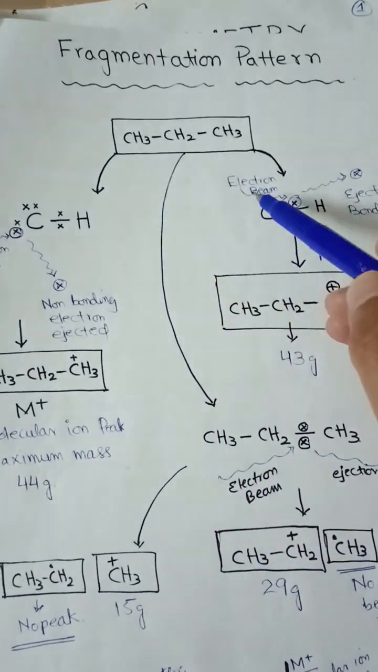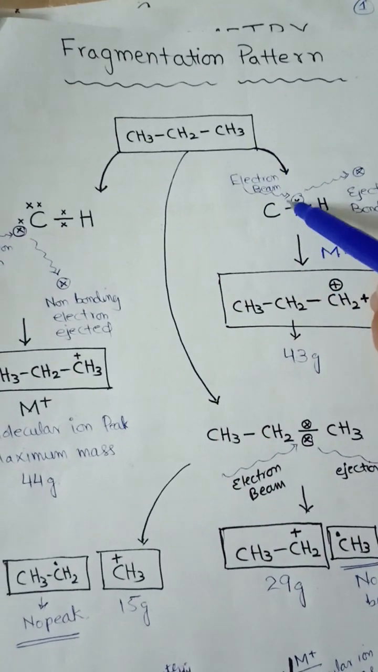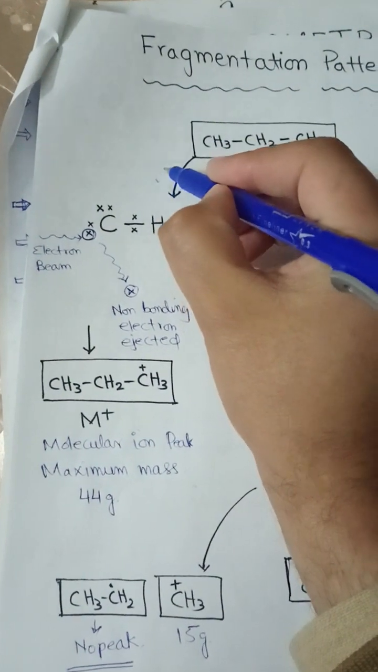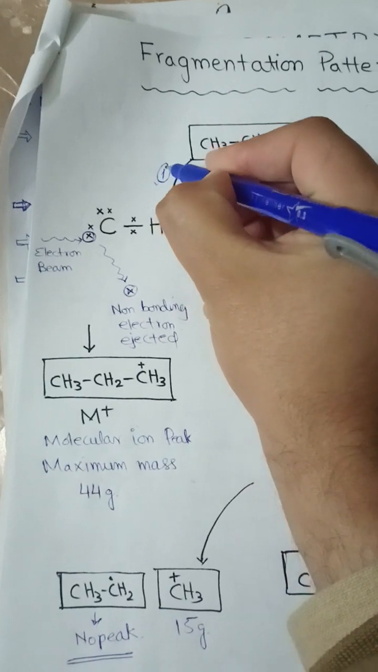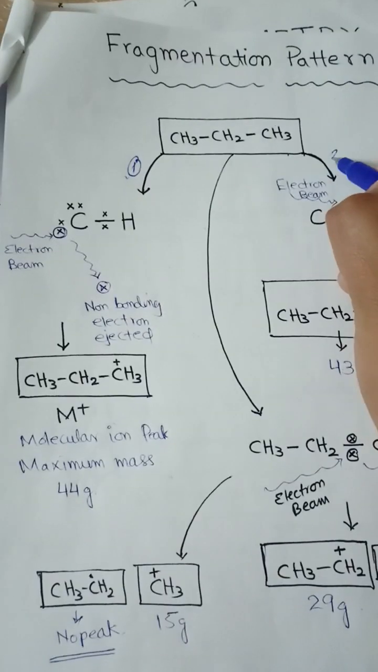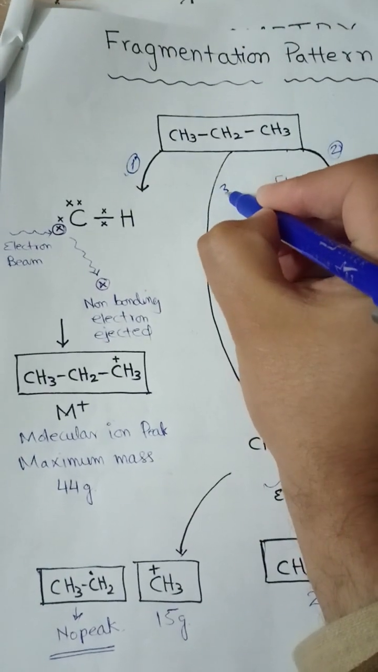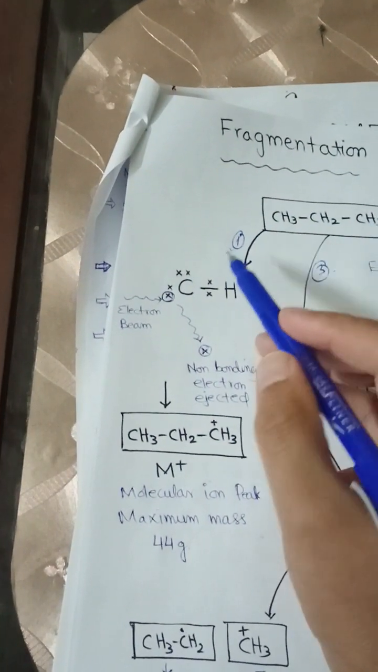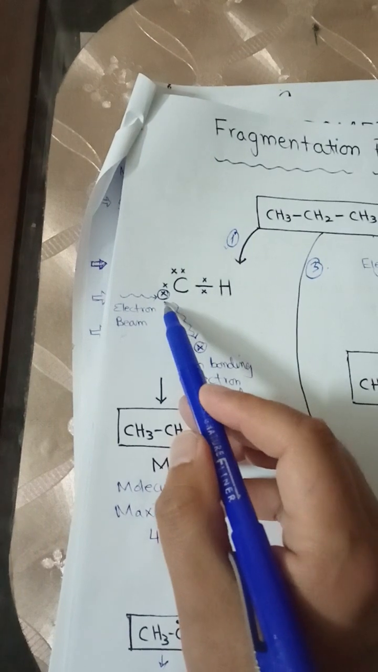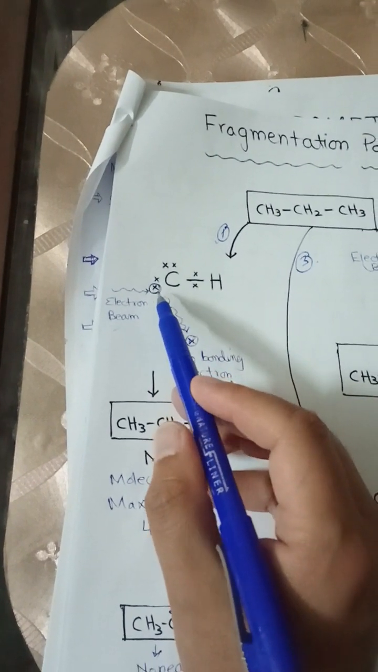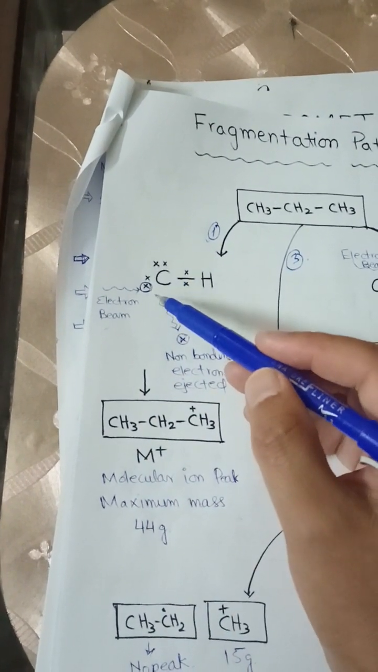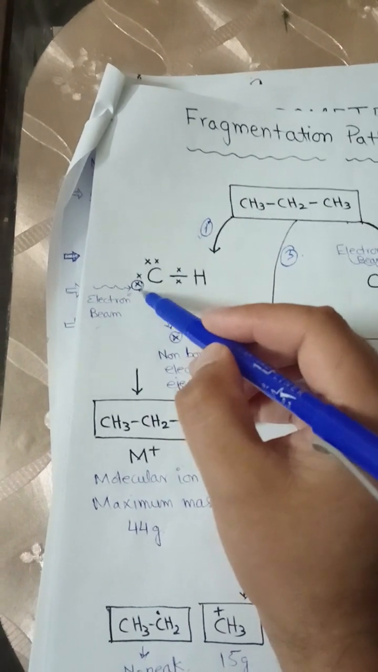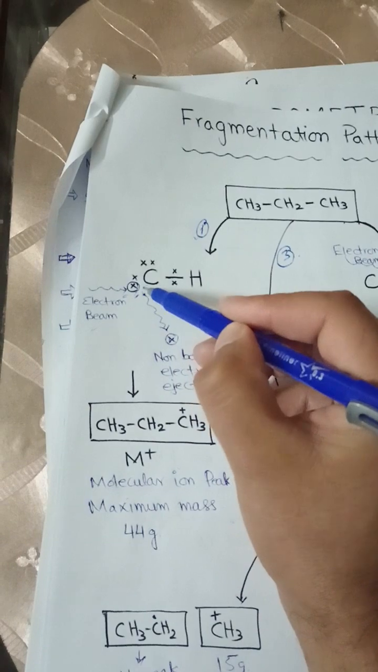If an electron beam attacks this propane molecule, we are going to look here. It is our first, let's suppose, then our second and third. So what different kinds of fragments occur? If the electron beam attacks a non-bonding electron and removes it from this carbon, let's suppose we have this carbon, and it removes any non-bonding electron,